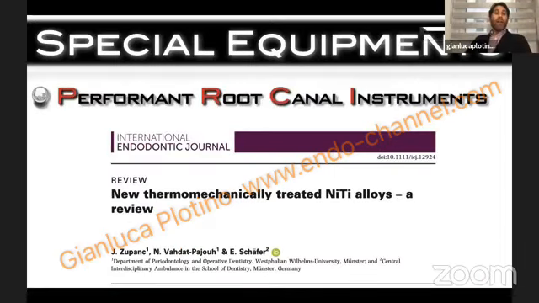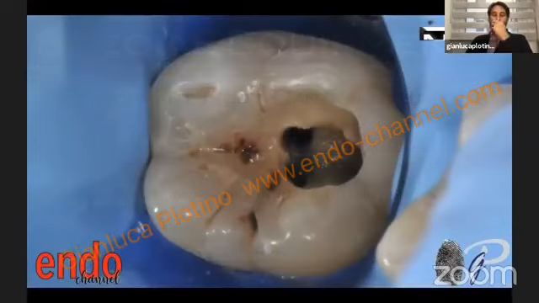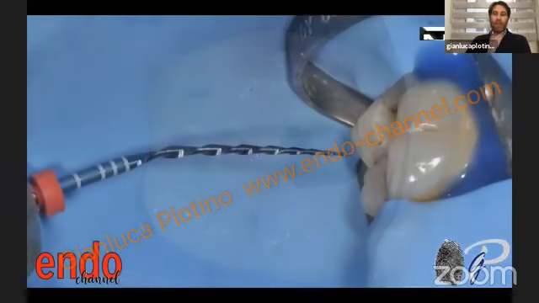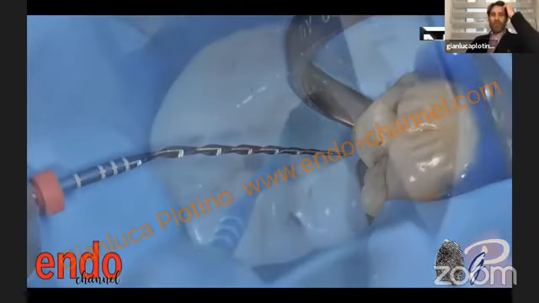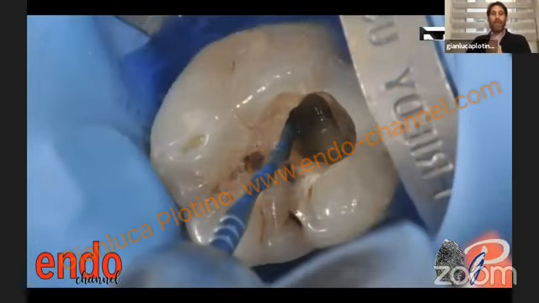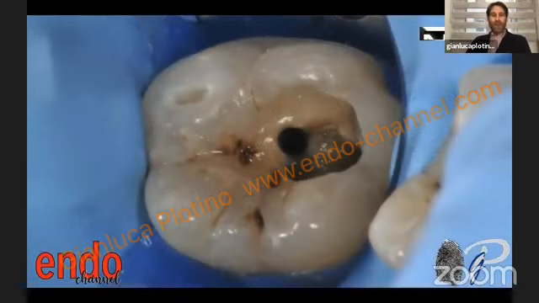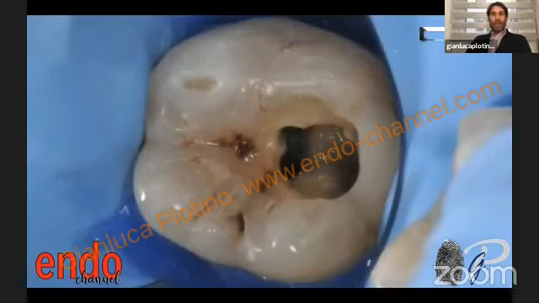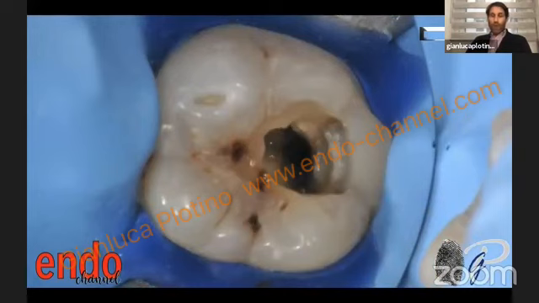Then you need performant root canal instruments to perform this approach. You need root canal instruments that are thermally treated, very flexible, prebendable, nickel titanium, resistant to fatigue, resistant to torsion, to be inserted in such kind of minimally invasive access cavities. And this is something that you need to prepare your root canals safely.